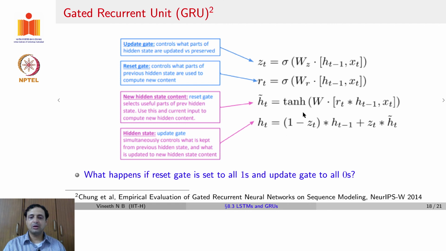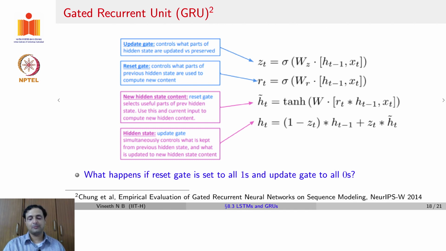And the first term would ensure you will have all ones, which means h_t will simply become h_{t-1}. The entire computation from the current time step would not be considered at all. So effectively, very similar to one of the cases we talked about with LSTMs, the same state from the previous time step would be retained and there would be no influence of the